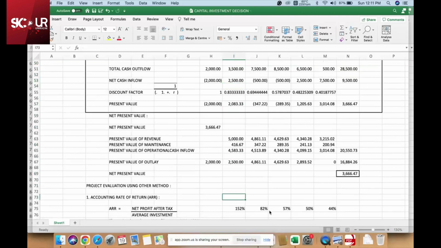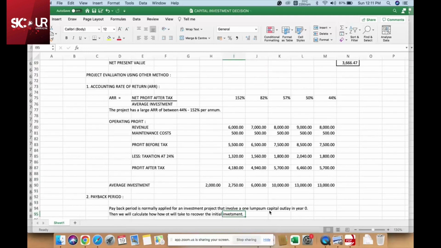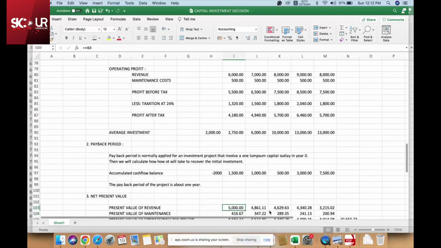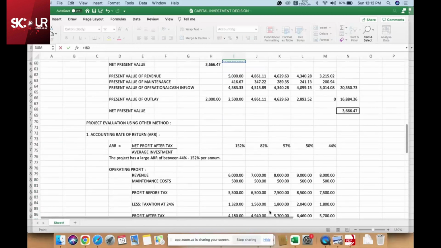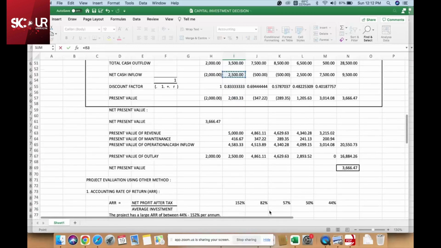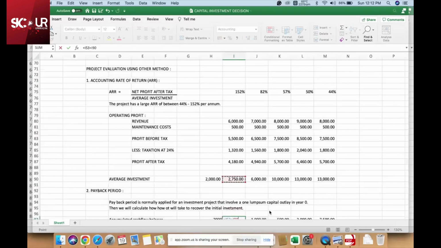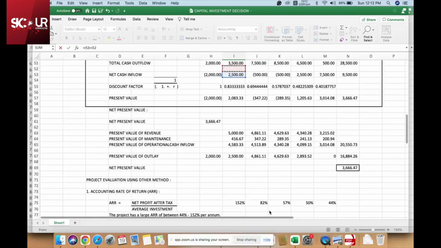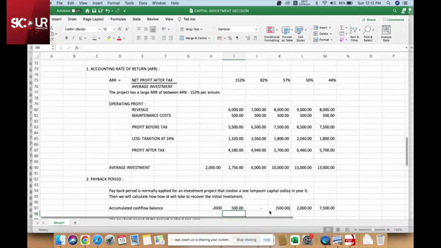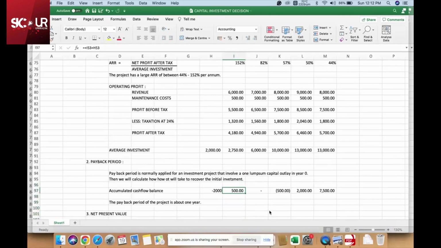So the accumulated cash is the 2.5 million net cash inflow plus the negative 2 million. So it is 500 in year one,